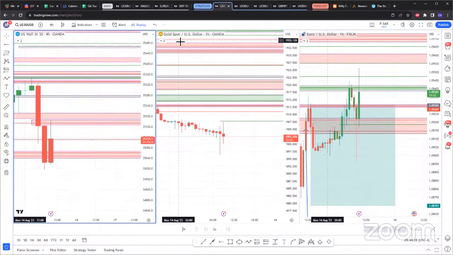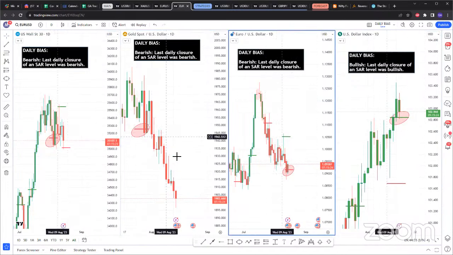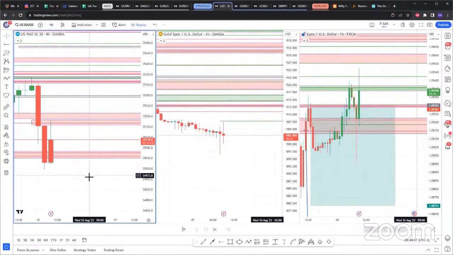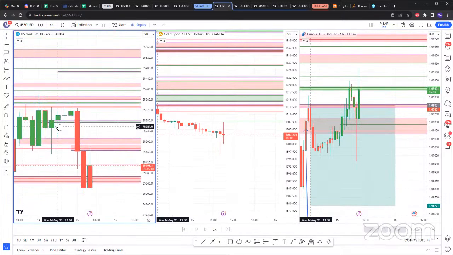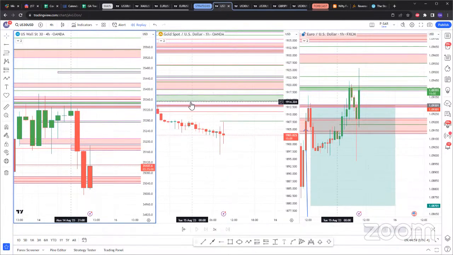Now, the other way, as much as my bias for the US 30, gold, and EU is a bearish bias, you can see that gold and even US 30 has been retracing, even EU has been coming back for buys. Which is why you see on these charts I have the green zones. So how I would trade these green zones is the same way as if I was trading the red zones. So I would just wait for either 2 candle closures above, or if the buy is below, a test and